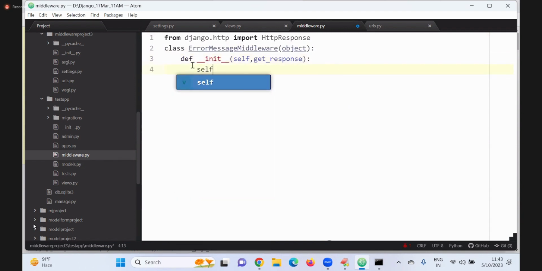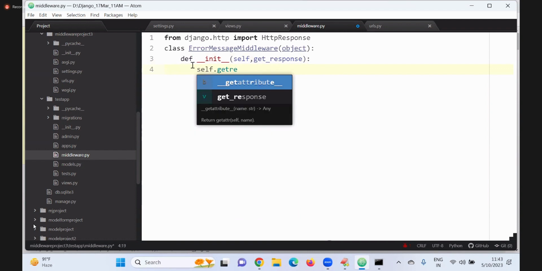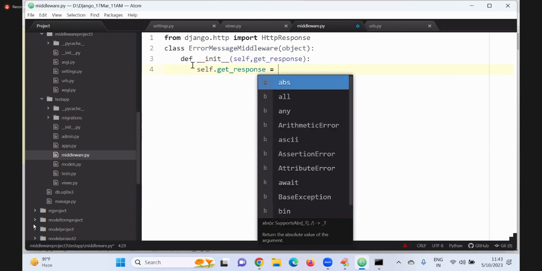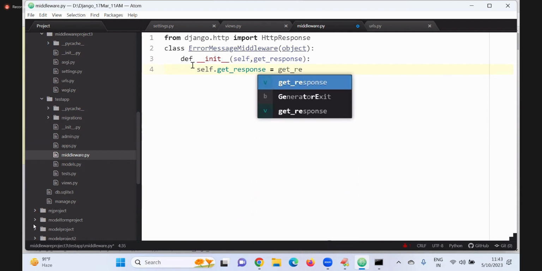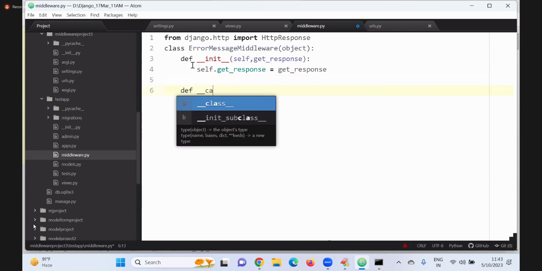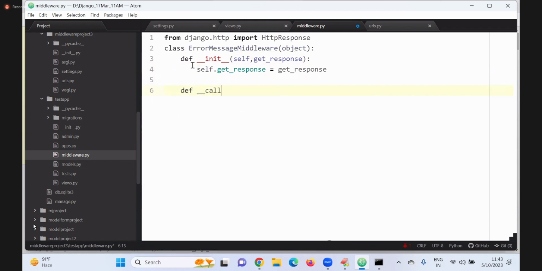Now self dot get underscore response equal to get underscore response. What is the second method? Underscore call underscore, self dot, comma, what I'm getting, paste here.